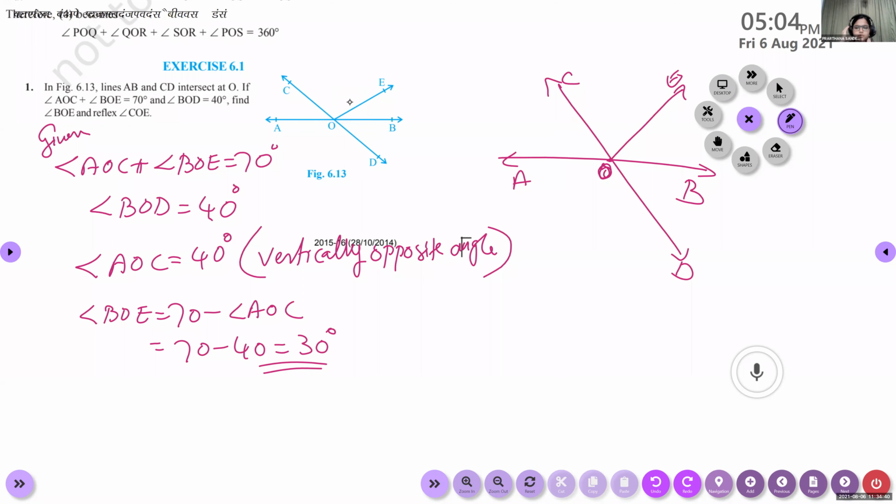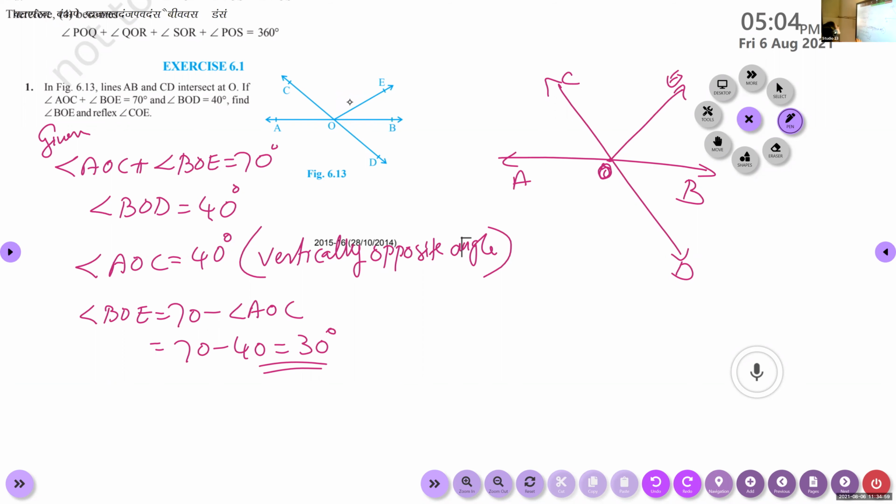Ma'am, for the exams also we have to write the reason? Yes. While you are writing descriptive answers, you have to write the reasons in brackets. If the same reason is repeating again and again, no need to write it. Write only once.